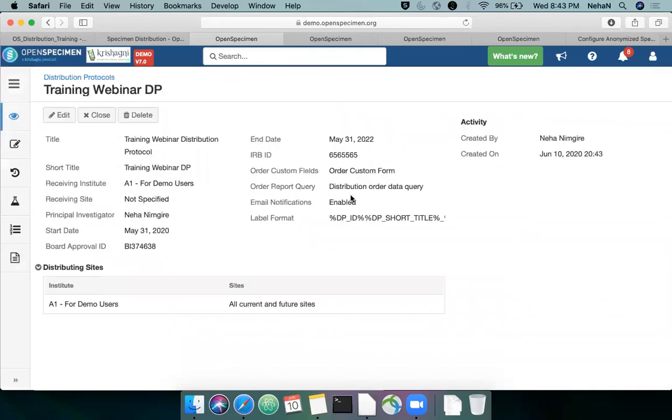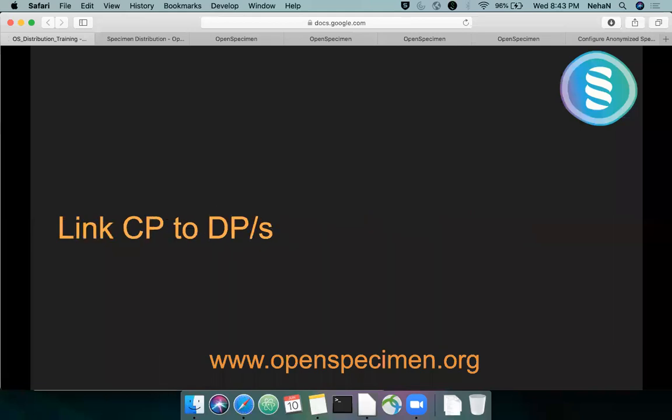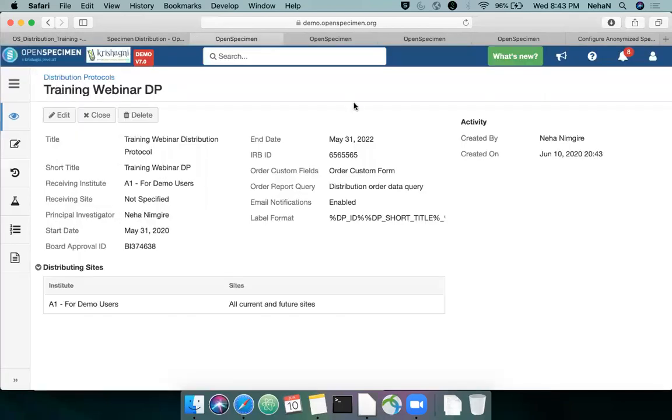Okay, so my DP is now ready. All the details that I filled out on the previous screen are added over here. Then you can link the CP to DP, a single DP or multiple DP. So today what we will be using is the,